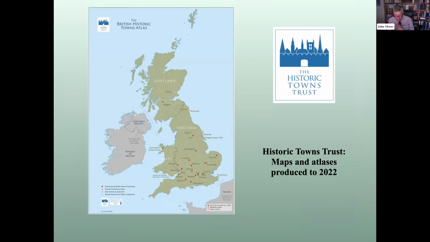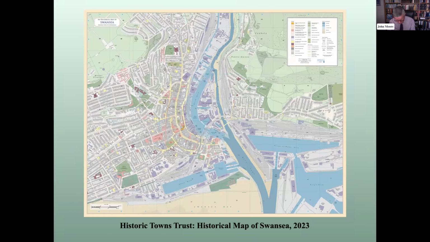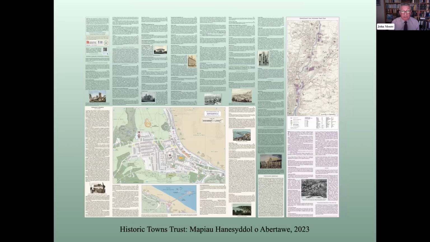However, it now includes recent maps of Alnwick and Alnmouth, Beverley, which was published early last year, and this month sees the publication of a new Welsh map, namely that of Swansea. And this is our most recent publication and proved to be quite a challenge, for it marks a further step towards our programme, as it is the first bilingual map, as you can see.